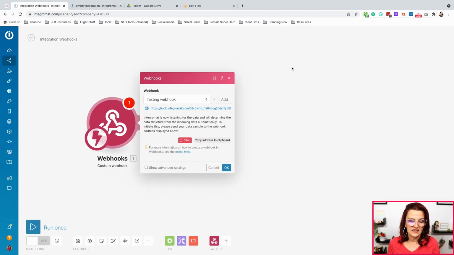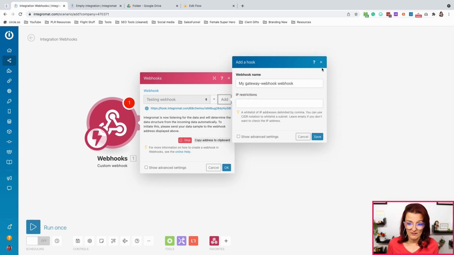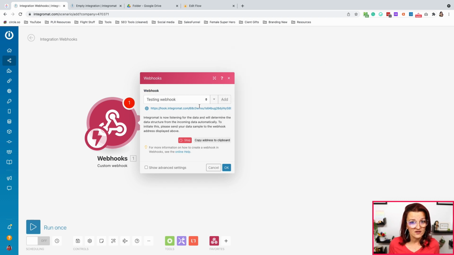Now, when you're looking right here in Integromat, this is a webhook integration, meaning you add a webhook, I called it testing webhook, cool, fine, awesome. You grab this URL and that's what goes into ClickUp. I'll show you how to set up your webhook in just a second, so stick around. Once this is set up, ClickUp will call Integromat and say, hey Integromat, something happened, we need to do something with this.